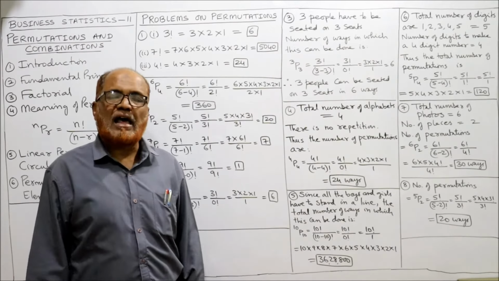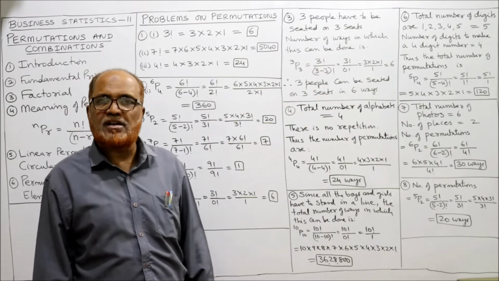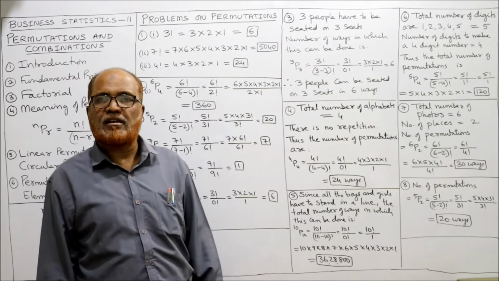R-I-S-K. So how many alphabets are there in risk? 4 alphabets are there. So how many ways can these 4 alphabets be changed? Here n is equal to 4, r is equal to 4. We are taking all the 4 alphabets at a time, and the total number of alphabets is also 4. So the required number of permutations are